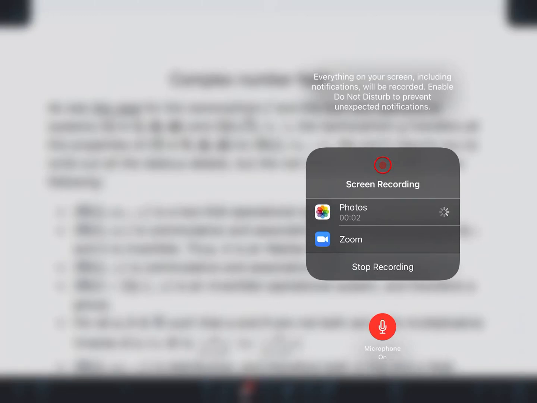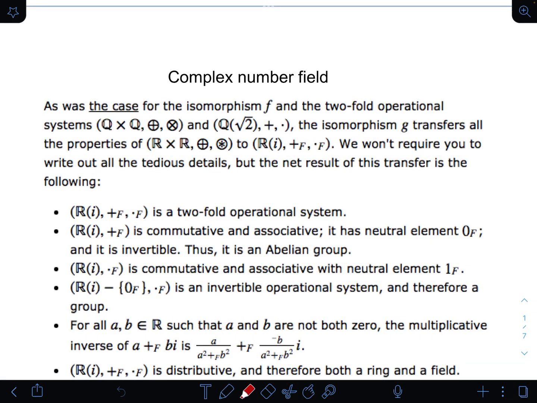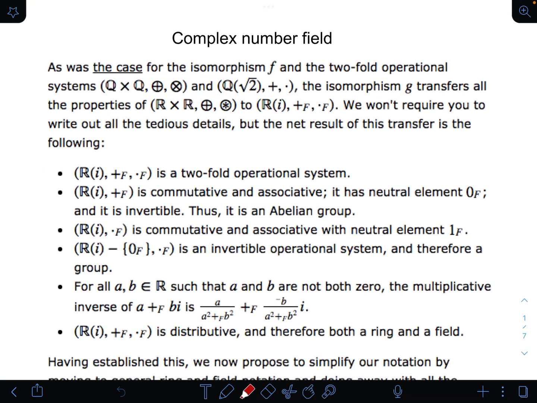Hello students, I wanted to talk to you today about the complex number field. You learned about what homomorphisms and isomorphisms are last week, and that was to try to connect the fact that we can treat the set of real numbers, when we have those Cartesian products of real numbers with component-wise addition and that special little star and circle operation,